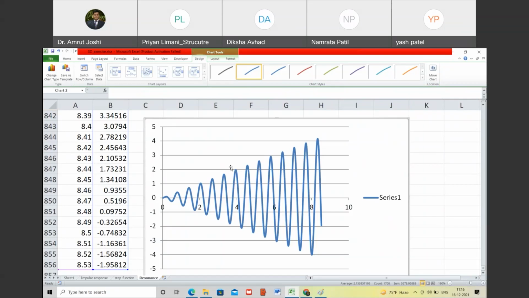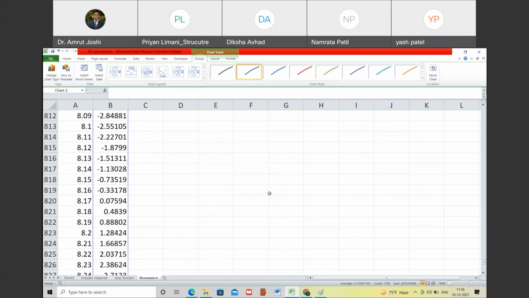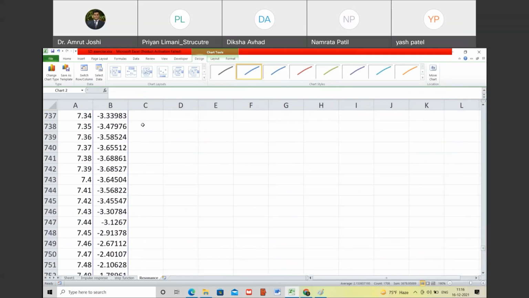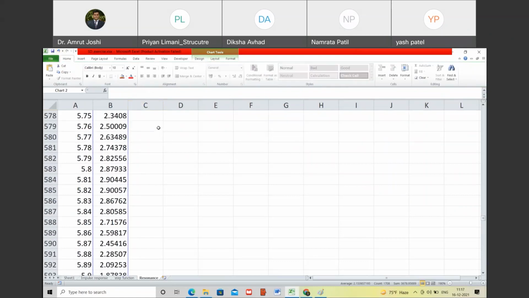Are you with me? Now, we have taken a very specific case where the response is plotted when lambda is approaching omega. What if lambda is not approaching omega? So we are now going to consider cases where lambda is sufficiently less than omega, then lambda is sufficiently close to omega but not equal to omega, and then when lambda is slightly greater than omega, and when lambda is very much greater than omega, what happens to the response? We plot all of these. Are you with me? So let us take the first case.